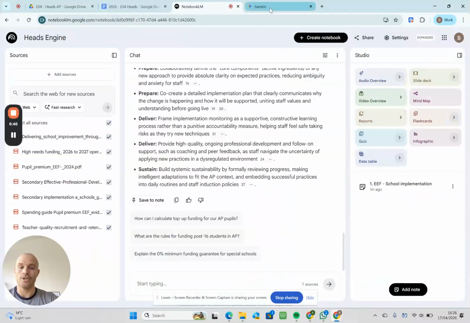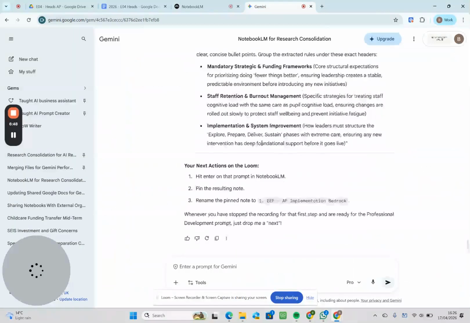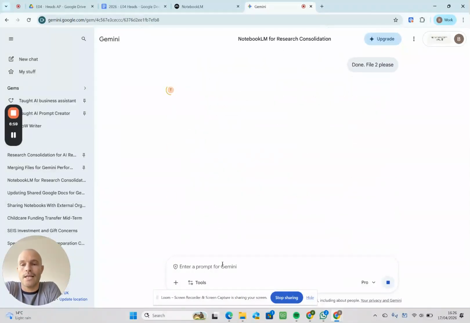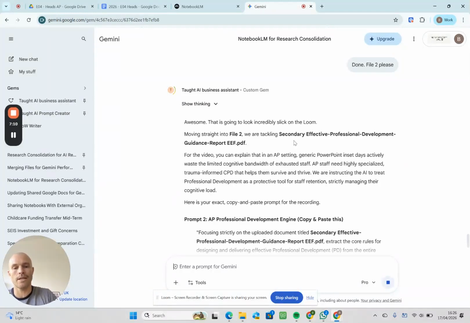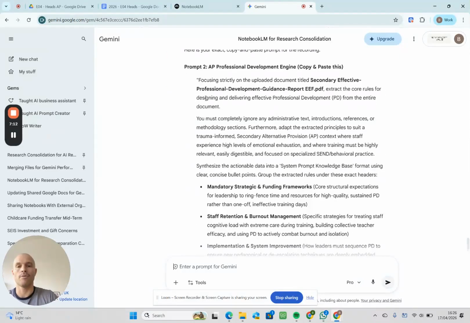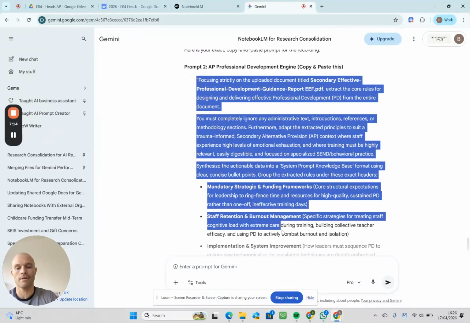And I'm going to go back to Gemini and I'm going to say, done. File 2, please. And now this gem is just going to immediately create the exact prompt that the NotebookLM needs to extract the precise information really targeted on what I need for my tool. We're going to jump down here and prompt number 2 is written. I'm going to take that,